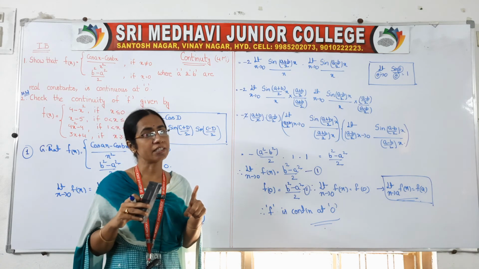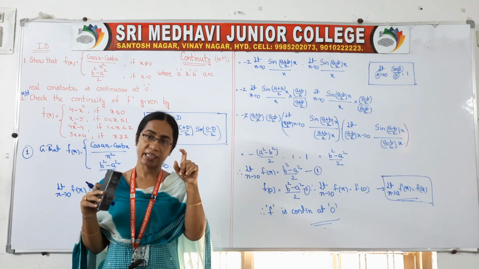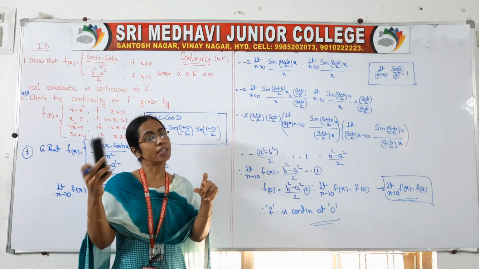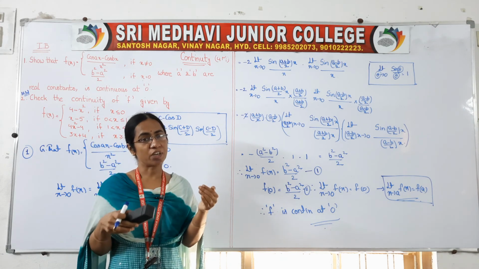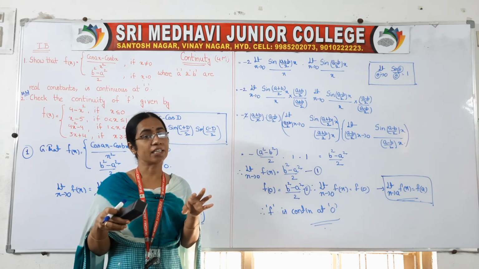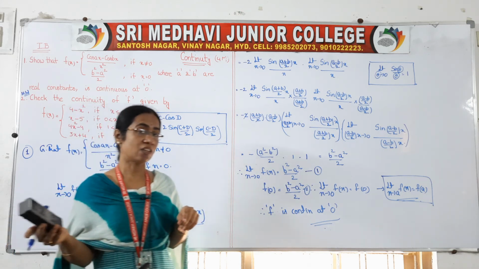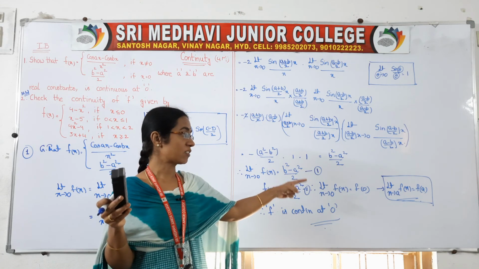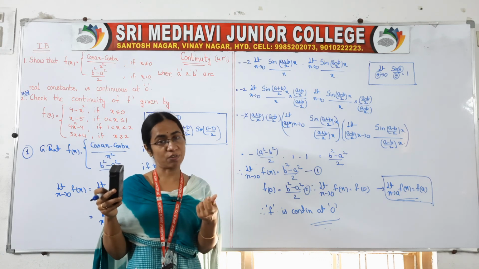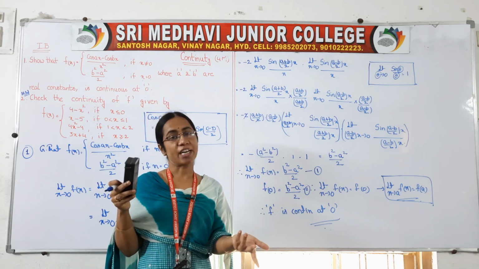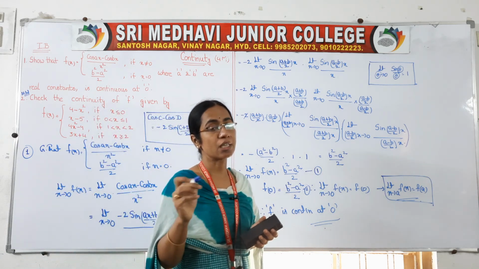If less than, greater than is given, we have to find the left hand limit and right hand limit, both must be equal. Then that limit exists, we will get the limit value. Then we will find the f of a value. That is one method. According to the situation given to us, according to the function defined in the question, we have to go for that method. If less than is not given, greater than is not given, then we will first take limit x tends to a f of x, we will get some value, then find the f of a value separately. If both are equal, we will write limit x tends to a f of x is equal to f of a. Therefore, f is continuous at the point a.